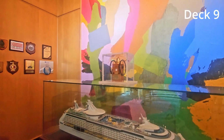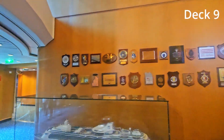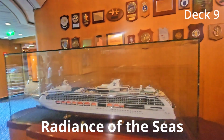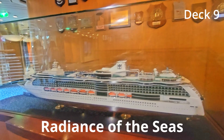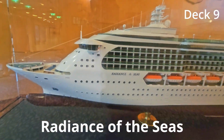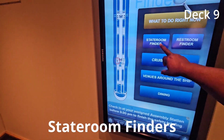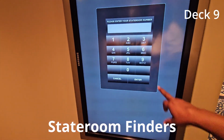I'm also going to show you on deck 9, but this is actually on all of the decks that have staterooms, but my room when I was doing the footage was on deck 9, and basically they have these stateroom finders. So when you first get on the ship and you're not yet sure where your stateroom is, check this out and try and use this to find your cabin. On deck 9, and I want to find my room. So I'm in